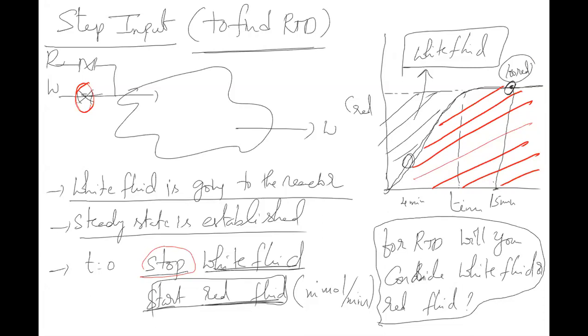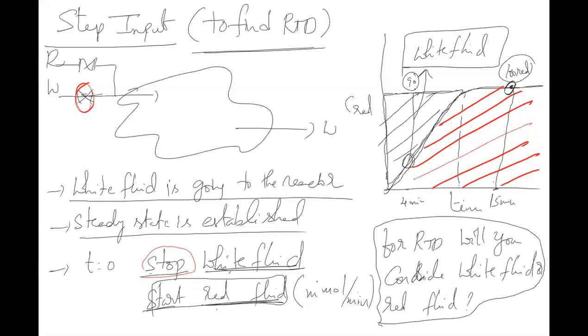So out of these 100 red particles, you don't know the residence time of the particles. That is why if you concentrate on the red fluid, you will not get clarity. But at 4 minutes, let's say the white fluid I got is 90. What does that mean? That 90 particles has spent 4 minutes inside the reactor, because at time t equal to 0, you have stopped the white fluid and you are injecting the red fluid. So this 90 particles, or whatever the entire particles inside the reactor at time t equal to 0, you are not injecting. So basically, what an RTD is: you inject a number of particles at time t equal to 0 and observe how they come out.